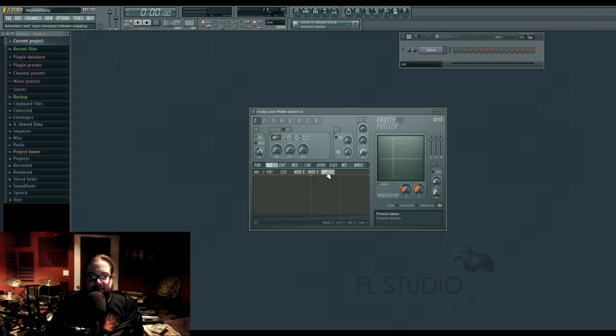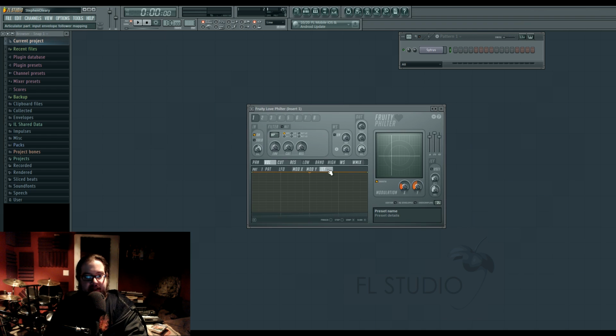And we get this thing. We have IEF, which stands for Input Envelope Follower. Now, this is actually pretty sweet. It's more or less kind of like what the peak controller does, only it's built into the love filter. So, for example, if I went to cutoff and I had a filter, let's say low pass, actually on, and I turned on the IEF, because right now it's steady. So this means that input it's not going to affect